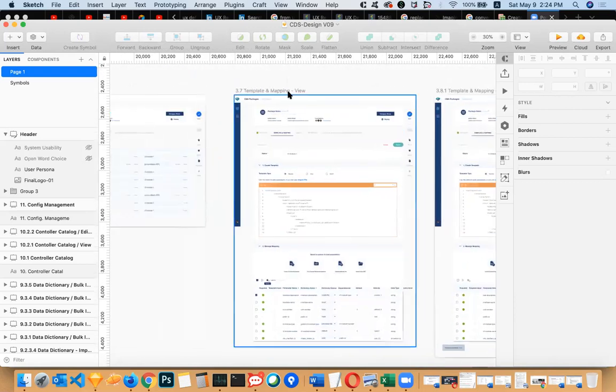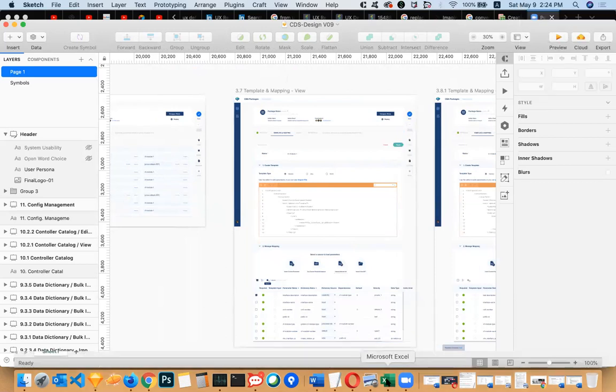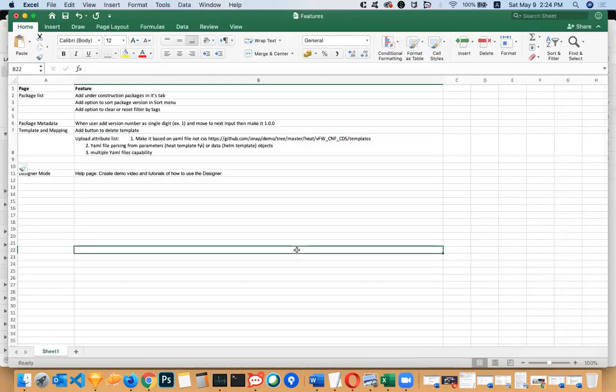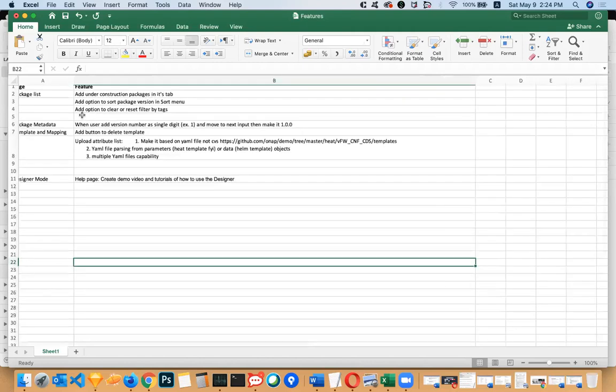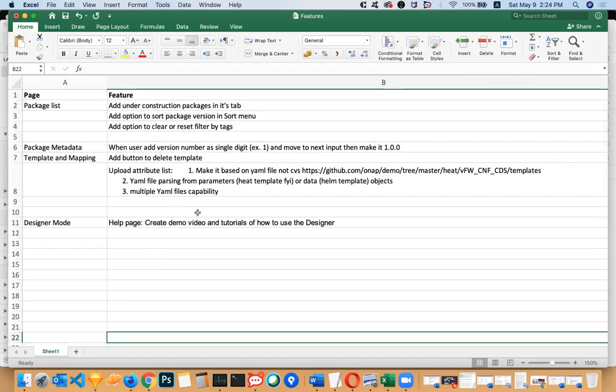Okay, so the feature list I wanted to discuss with you, but I think we can discuss it later, when we wanted to add to list all the features. This is the features I see right now. Okay, just an example. This is one relating to the template I'm making.